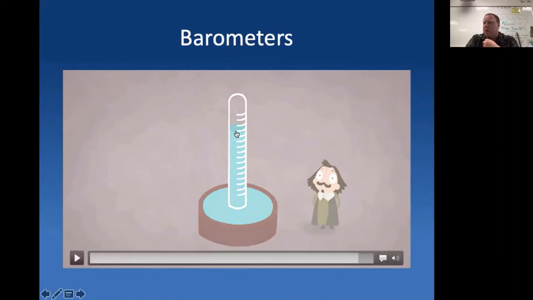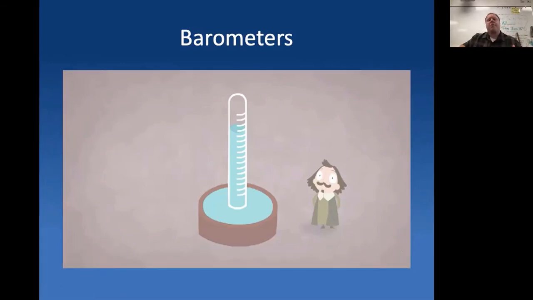Okay, so this right here, tried to stop it so the image was on there. This right here, this device that basically I had you guys draw and tried to explain how to use, that's something called a barometer. You can use a barometer to measure the air pressure because it's basically how high up that tube it is able to actually push the liquid. So we can either measure it by the weight of the liquid in there, or we can actually measure it by how high up it is.